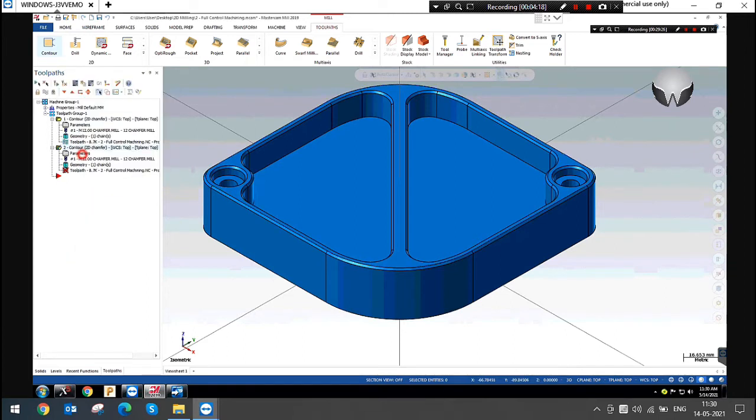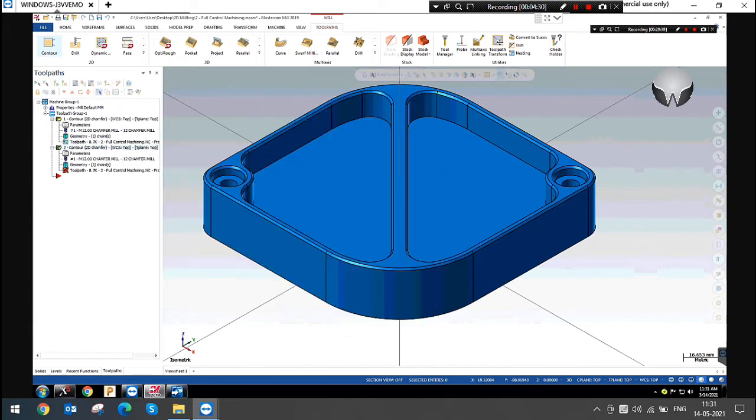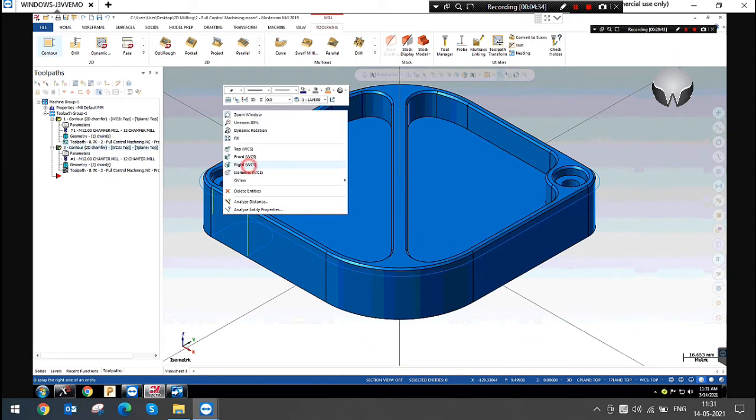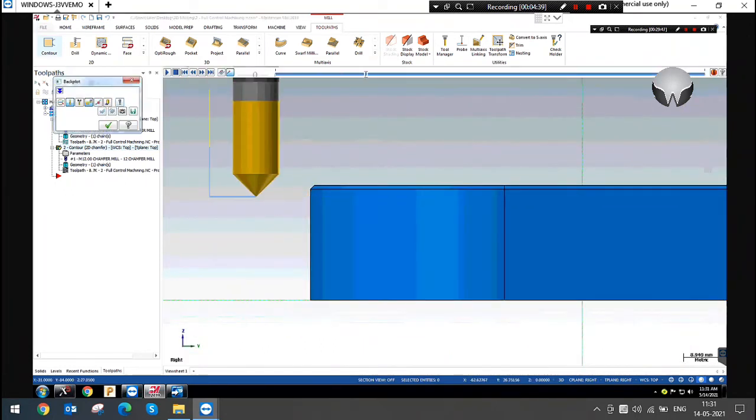Now in this case, you don't need to give a chamfer width, because the edge is already a chamfered edge, right? That's why we are not giving any chamfer width here, so it will cut the same.